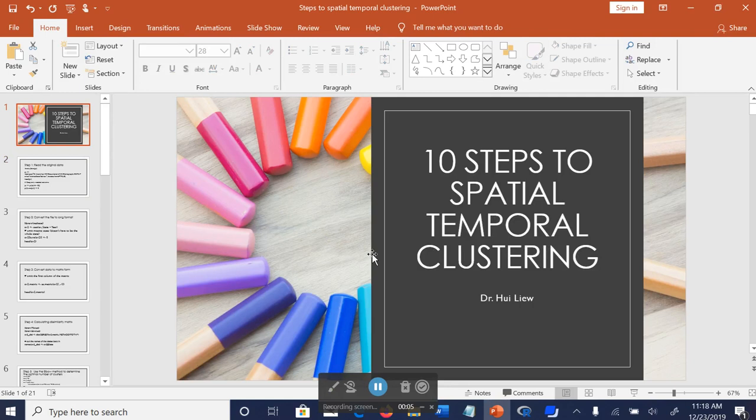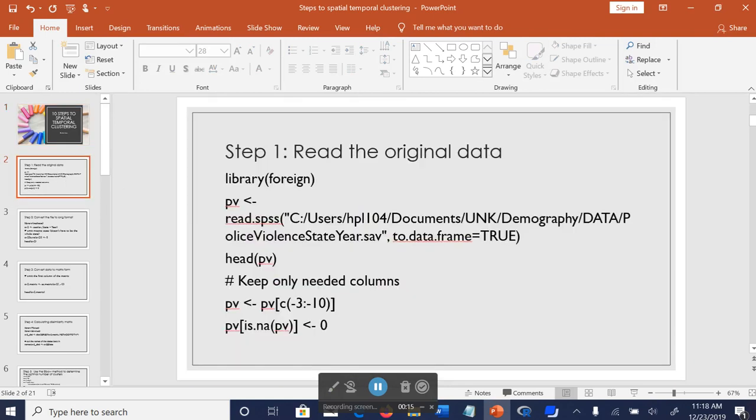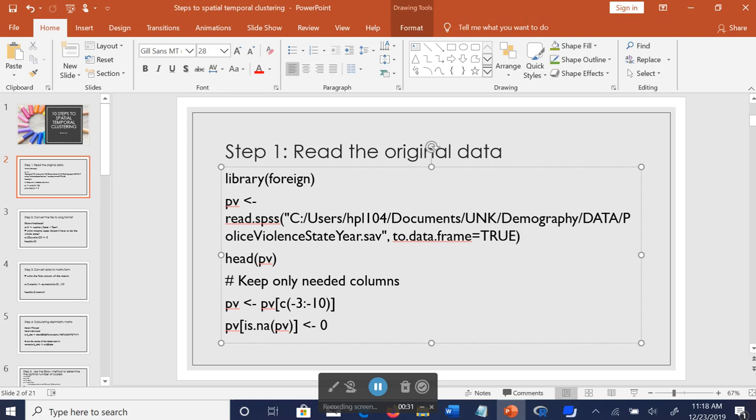This is how you do spatial temporal clustering in the R language. First, we read our original data into R. Because in my case the original data is in SPSS format, this is the syntax I need to use. This is an SPSS file, and because of that, I need to load my foreign library first before I can read